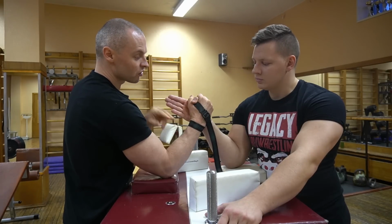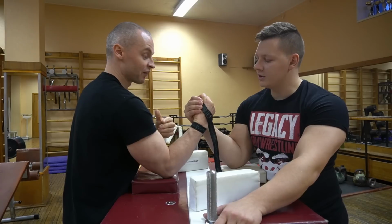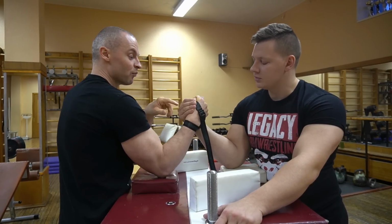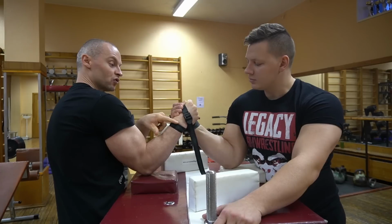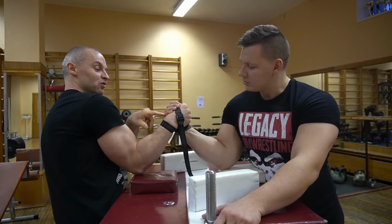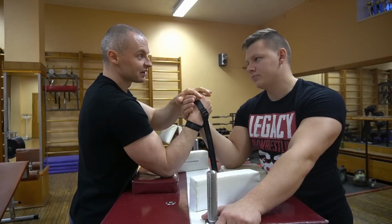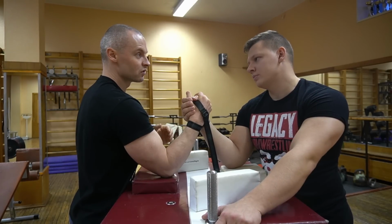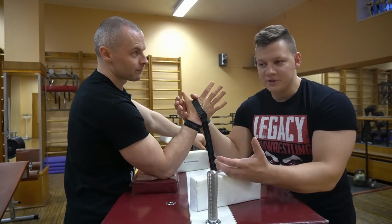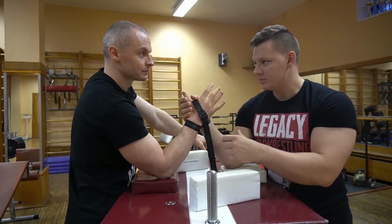It's again not so important for me, I'm talking about me, but for others as well. I think this is not so important. You can still pull very well if you are able to hold your wrist while losing your radial deviation a little. You are still able to pull without a strap, but if you lose your radial deviation and your fingers are not holding so well, it's not easy to fight. So if you feel more comfortable in a strap,